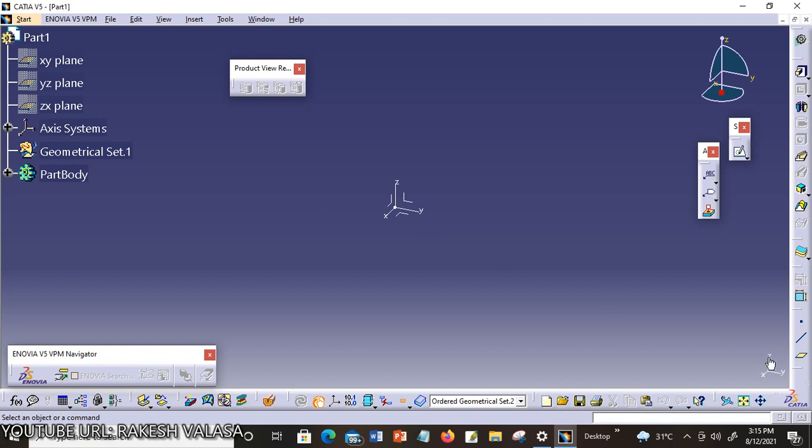Last one is the geometry axis. Being a 3D software, CATIA follows a 3D coordinate system which has three axes, that is x-axis, y-axis, z-axis. This geometry axis appears at the bottom right corner of the CATIA V5 software.